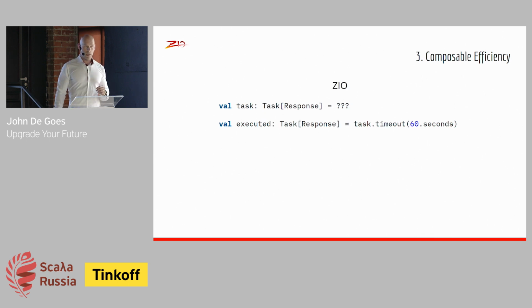Zeo gives you a timeout that is extremely powerful. If you timeout an effect in Zeo, you get back a new effect that will terminate the old one when the specified amount of time has elapsed. So there are no leaks in resources. In fact, when you time it out, the timeout operation, that effect, won't even return until the previous effect has been terminated. That allows you to build applications that don't leak threads. And this is also asynchronous. It's 100% asynchronous. So it doesn't involve blocking a thread like the future-based equivalent.